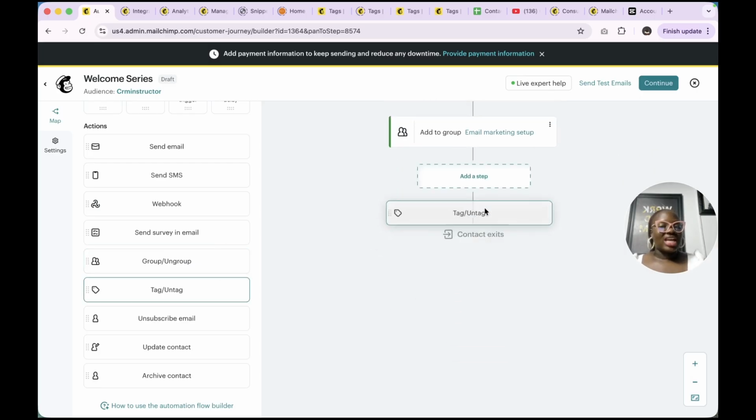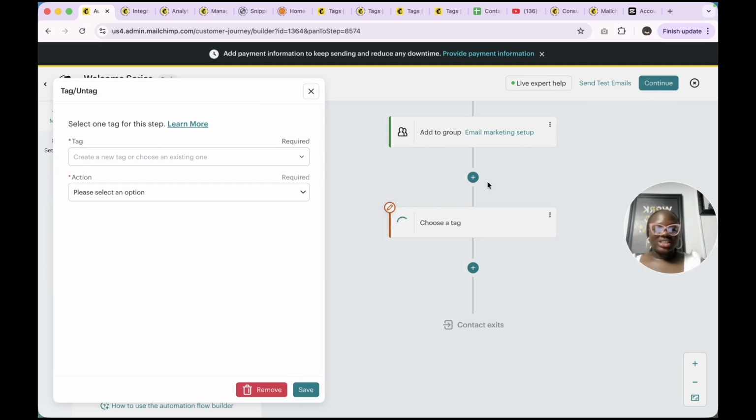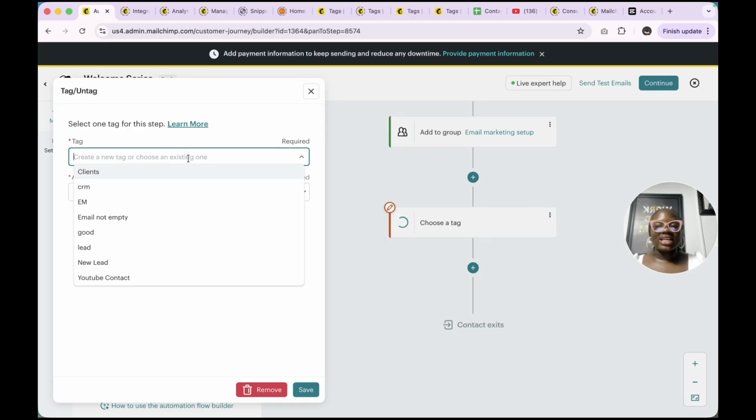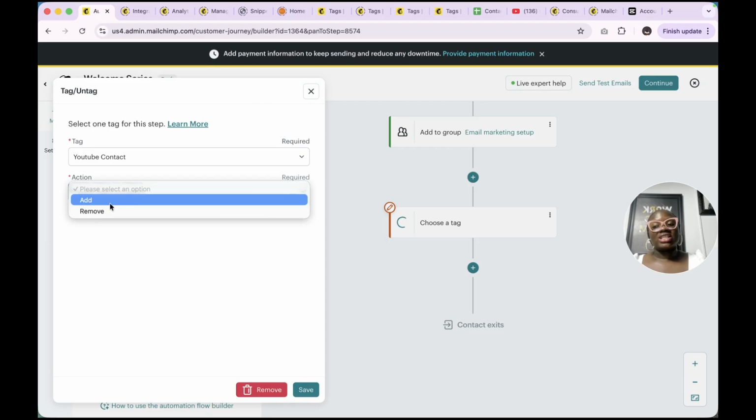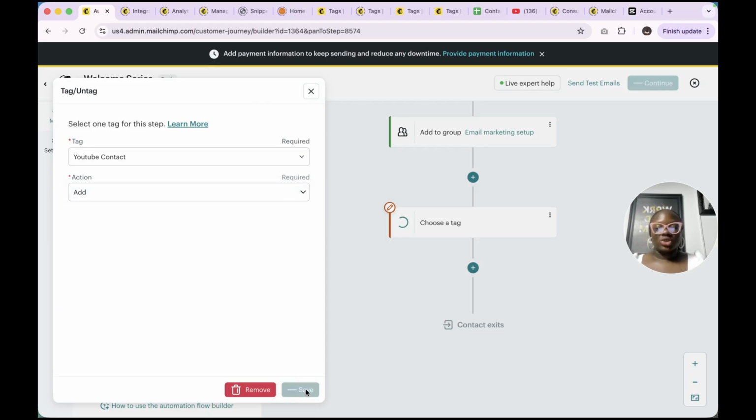We also have the tag and untag, where you can add a tag, or you can untag that particular contact inside of this workflow. So you can say that if they're coming from the website, you want to add in a tag, or if they're coming from YouTube, you want to add in YouTube contacts, and you can also decide to add or remove if you want. So let's say we want to add this tag, and you click on save,